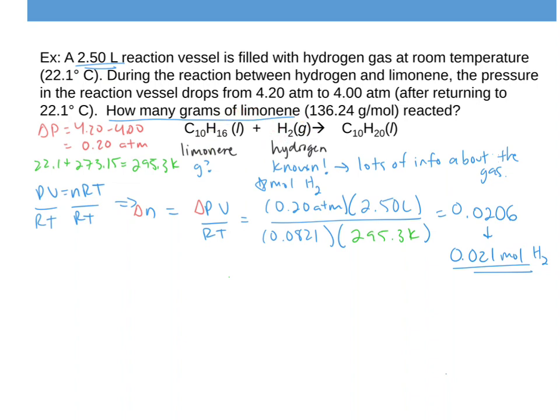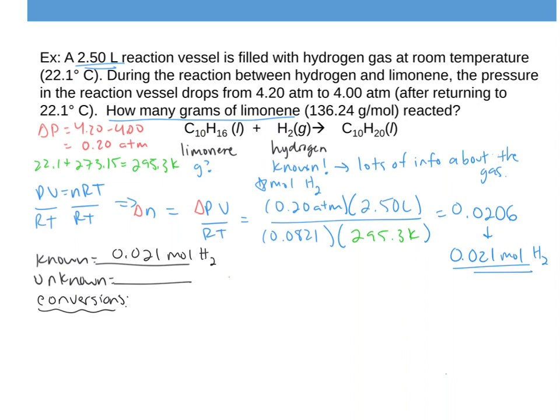So I'm just going to set this up like a normal stoichiometry problem here. I'm going to put my known amount, unknown amount, and write out my conversion factors for me to think about. So for this one here, I know my known amount is the 0.021 moles of H2. That's going to be my starting amount for this equation. The unknown amount that we're looking for is grams of limonene. So grams of this